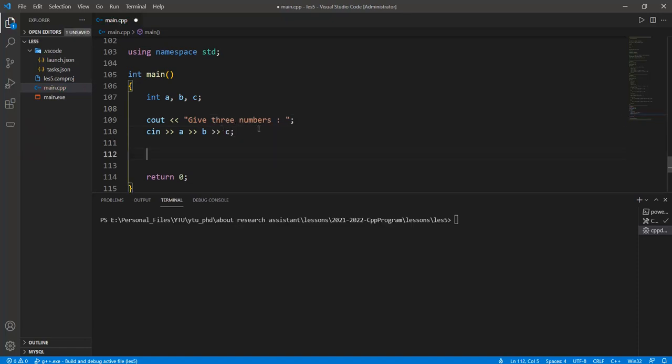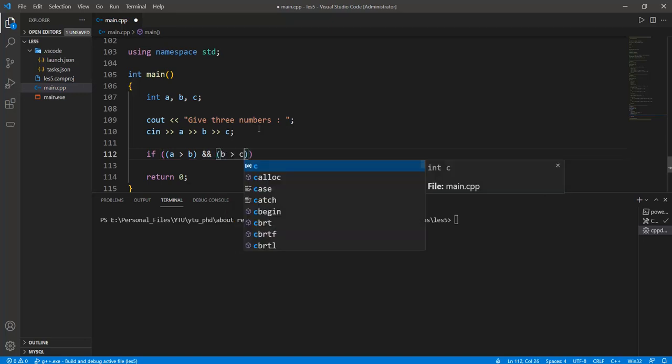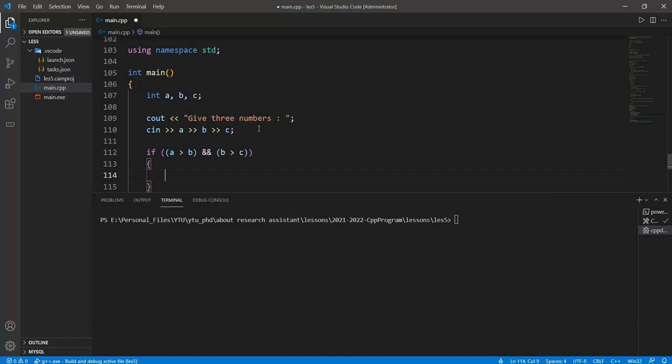And 3 should be given at this moment, okay? And then what? We can use this syntax, A greater than B and B greater than C, okay? If we use this syntax, the only condition is coming from the collection of these terms. This gives us a true or false statement, and this gives us true or false statements at this moment, and